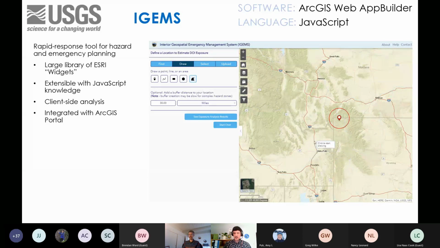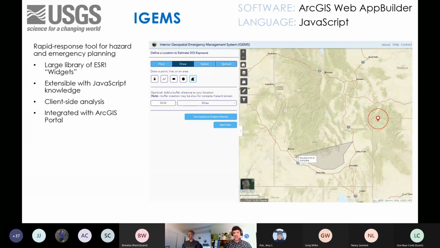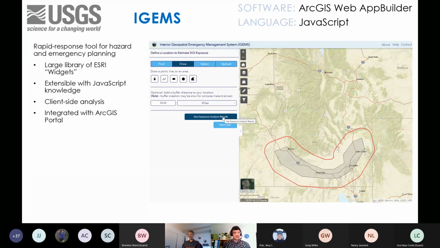And I think I'll show, yeah, here the user is drawing their own area of concern. So we couldn't really get this with pre-canned data, but in conjunction with the user supplying an area of interest, we can give them just the data that they're interested in. So you can go to the next slide, Jeff.